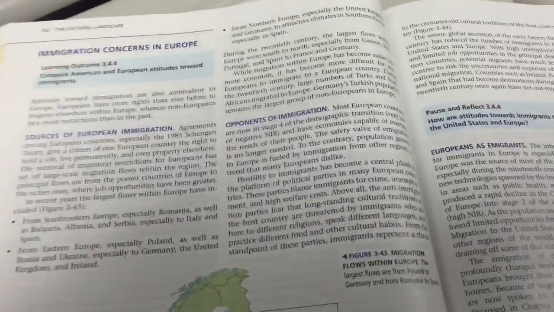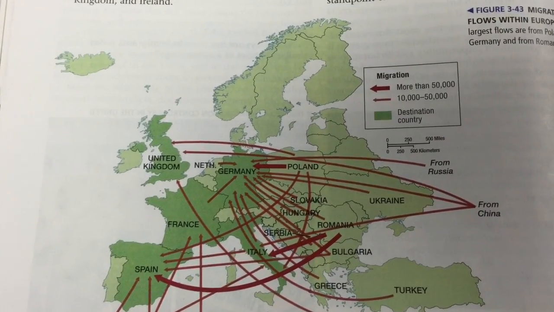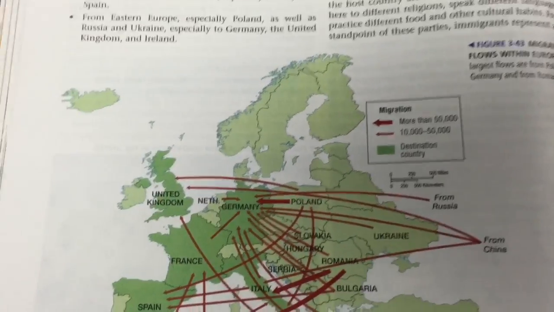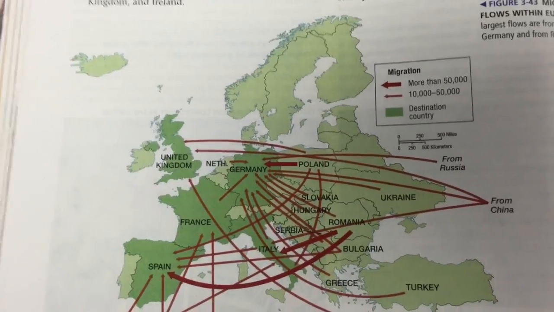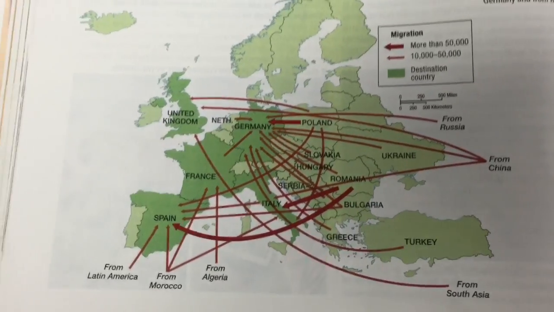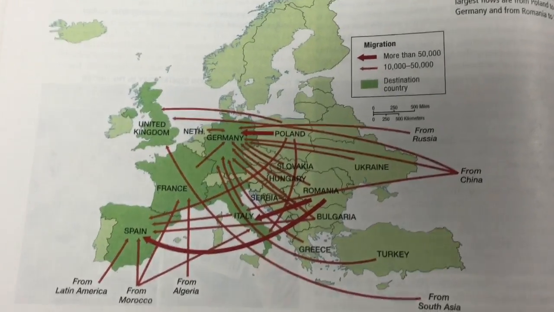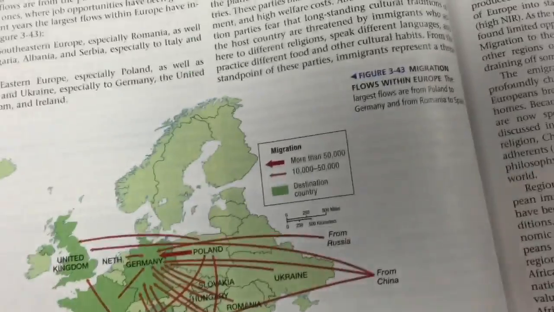Basically a majority of European immigration used to be interregional. Okay, so it's still international, but as far as Europe as a region is concerned, it was interregional because they were moving from one region of Europe to another, whether it was from south to north, north to south, whatever. And as you can see here, there's not a whole lot of method to the madness. It used to be people leaving the south to go to the north because they were industrialized first. Now it's people leaving the north to go to the south because they have better climates. But that's happening a lot less now